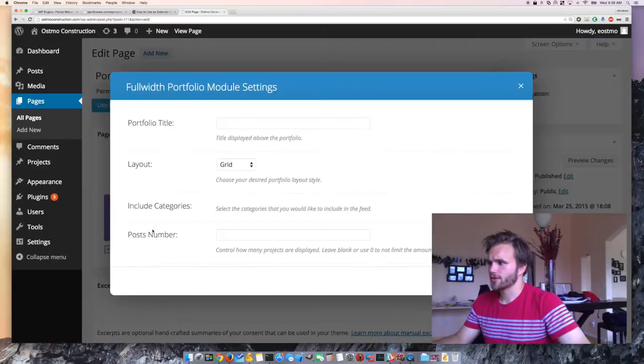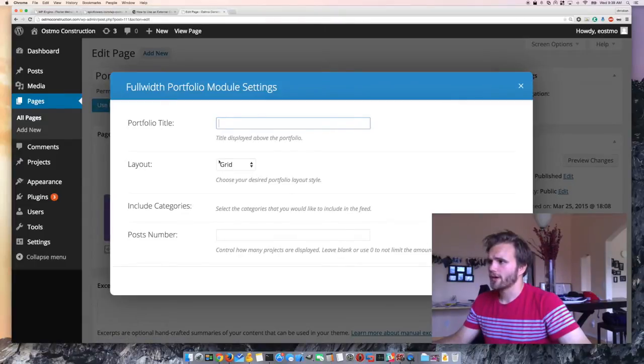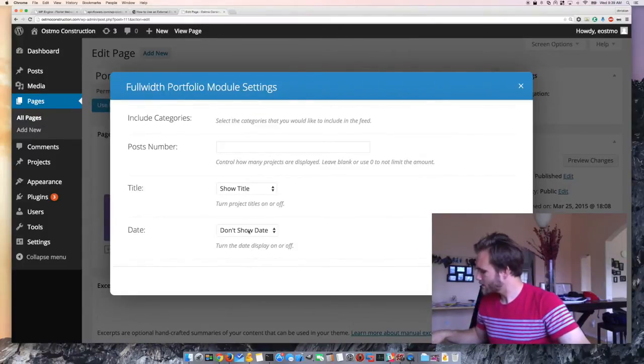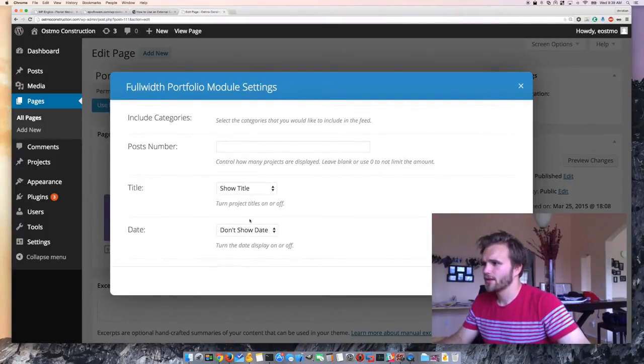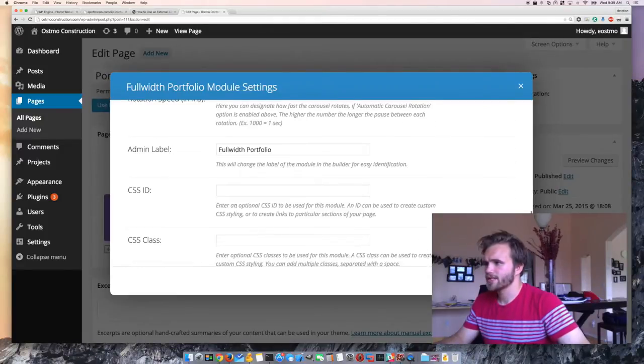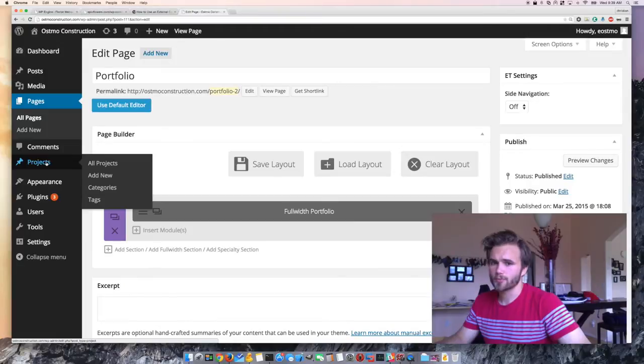So you see this is one of those units, or whatever they're called, that I showed you yesterday, and you'll see that it's a portfolio. Now that portfolio, automatically it's in grid layout. That's how it's done already. We're showing the title, not showing the date. Text color light, etc. Not really important. So when you add a portfolio like this, it's pulling everything automatically from this project's